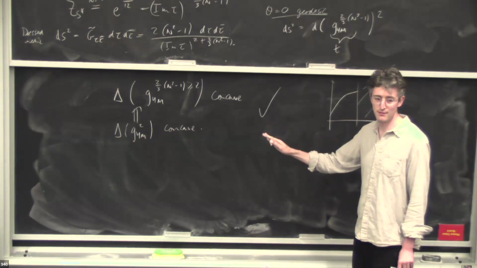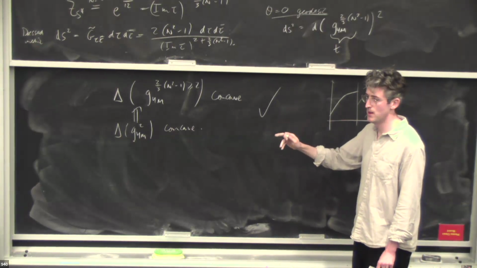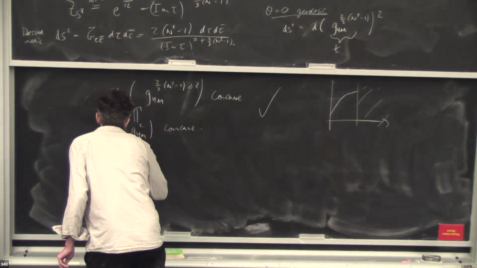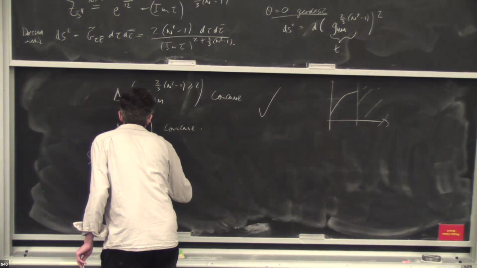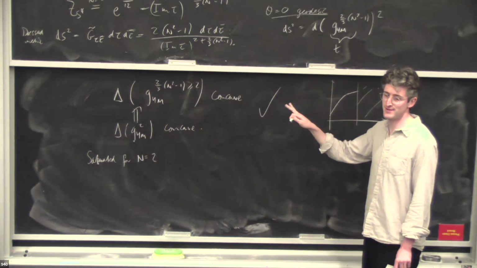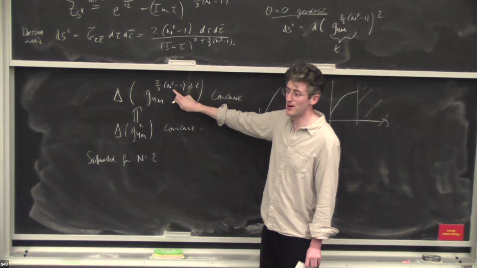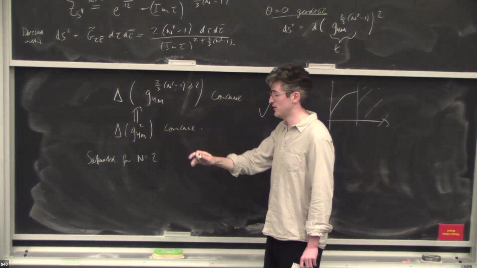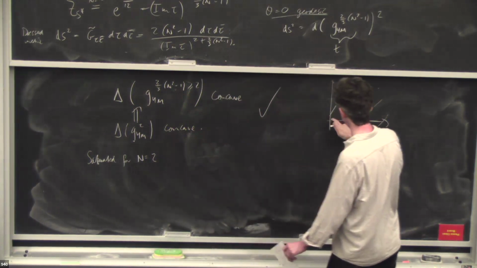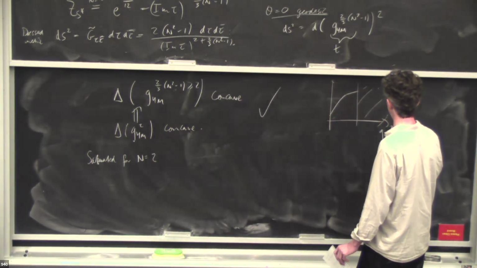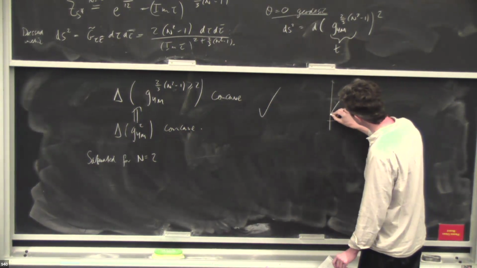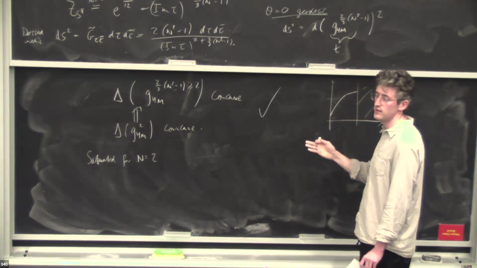And it's not saturated for general values of N_c, but it's saturated for n equals 2, the minimal case. So in the n equals 2 case, what we have is the lowest power that's allowed here. And this kind of addresses your question partially. Sorry, I already drew it. So this is a plot as a function of g angles squared, which is the affine coordinate in the n equals 2 case. At this point, the claim is saturated.